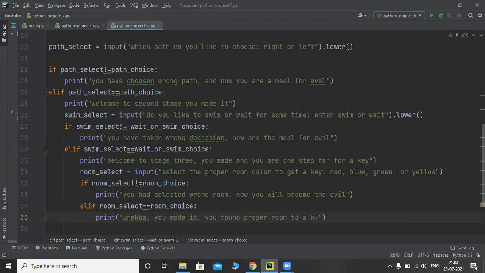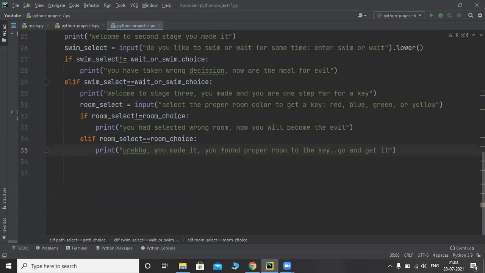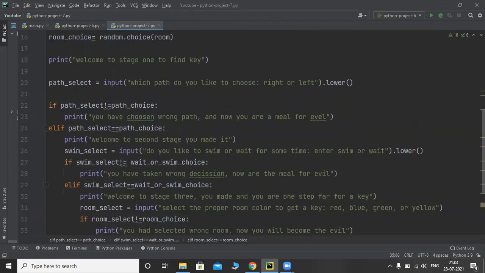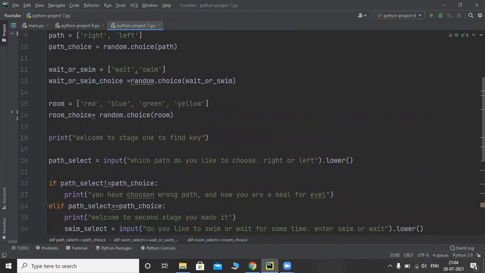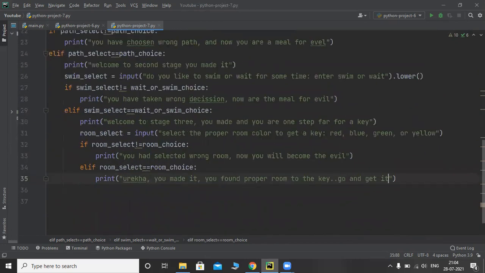Go and get it. So that's it. We finished writing the code and we need to execute this now.